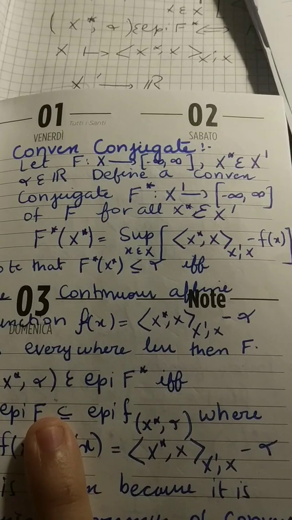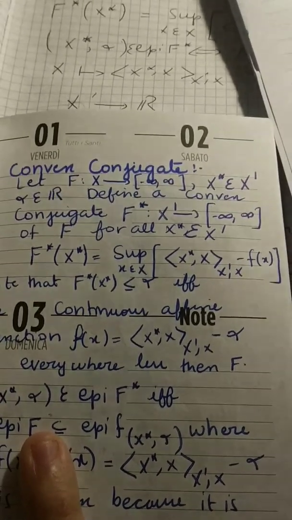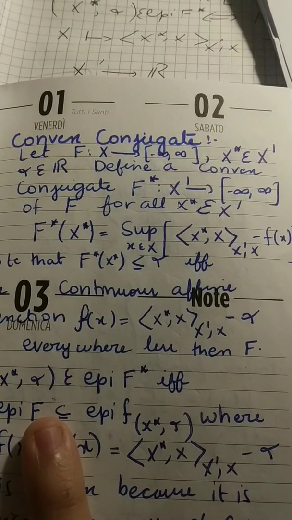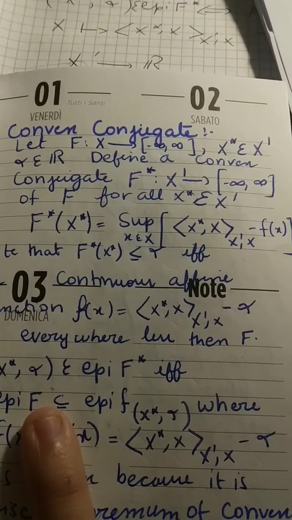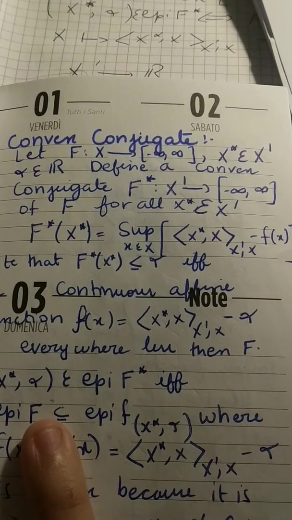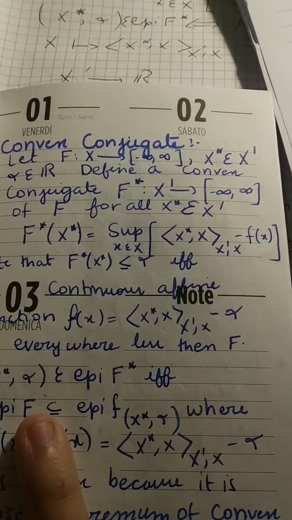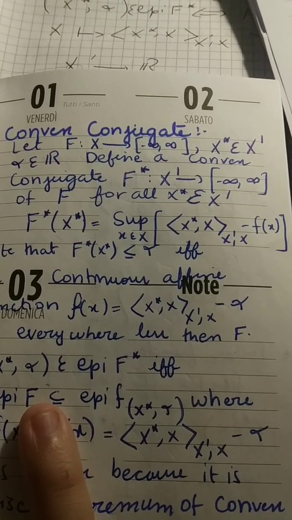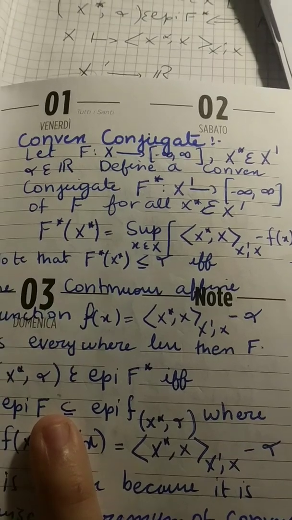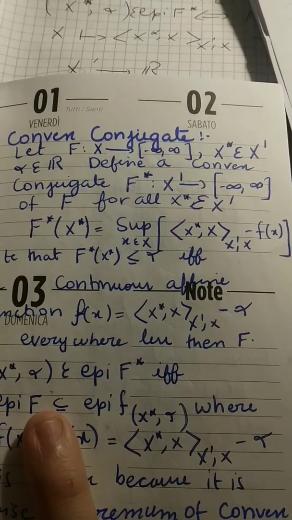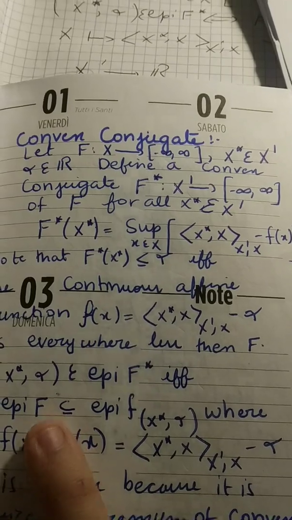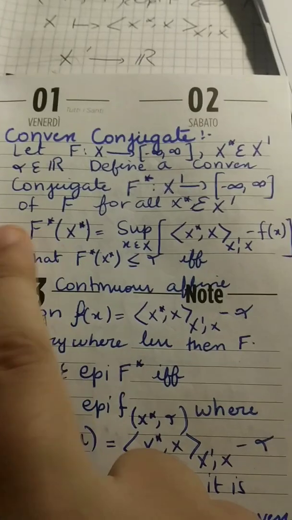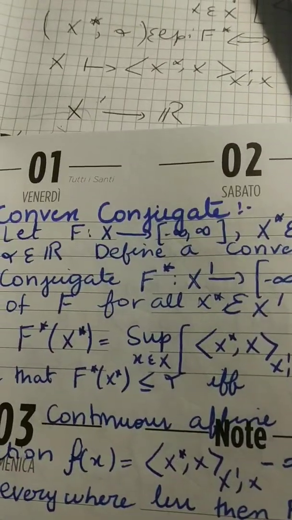We have the slope x star that belongs to the dual, and we have alpha belongs to R. Define a convex conjugate. हम convex conjugate बताने लगे हैं क्या होता है. हम इसका कॉन्जुगेट लेंगे फंक्शन का, और वह belongs from dual of X to minus infinity to infinity of a function f for all x star belongs to the dual. अब हमें convex conjugate को, हमने ये पहले निकाला था डेफिनेशन, हम उसी को चलाएंगे